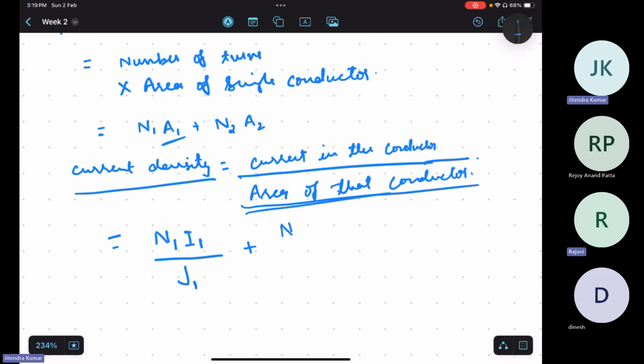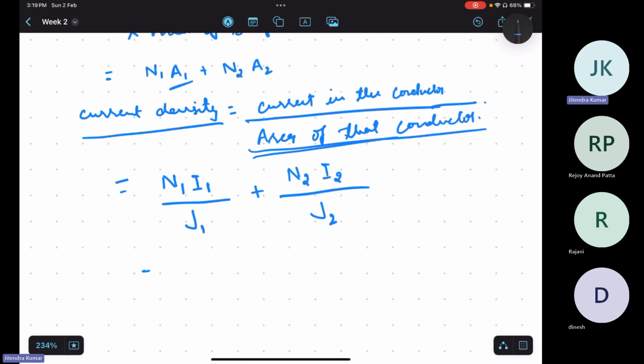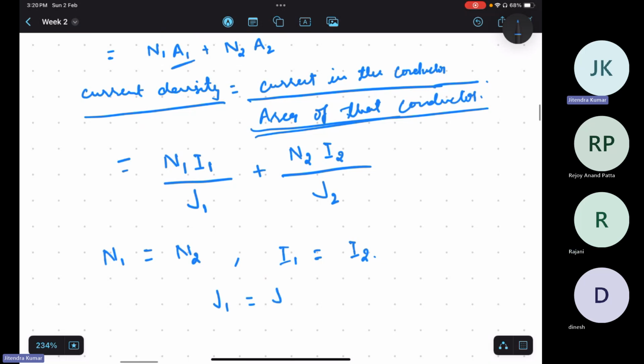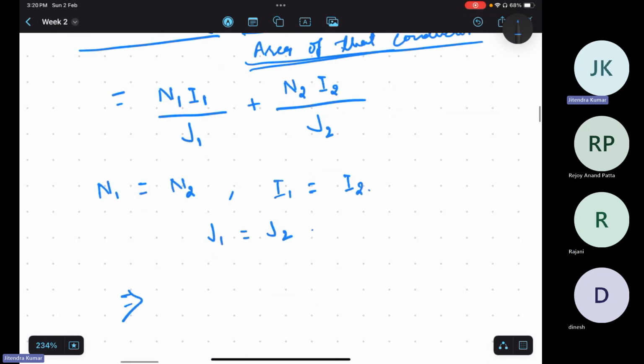Similarly, N2 into I2 divided by the current density of the secondary conductor, right? Now, if I assume that N1 is equal to N2, like both sides have a similar number of turns, and both sides have the same current and the same current density as well, then you have